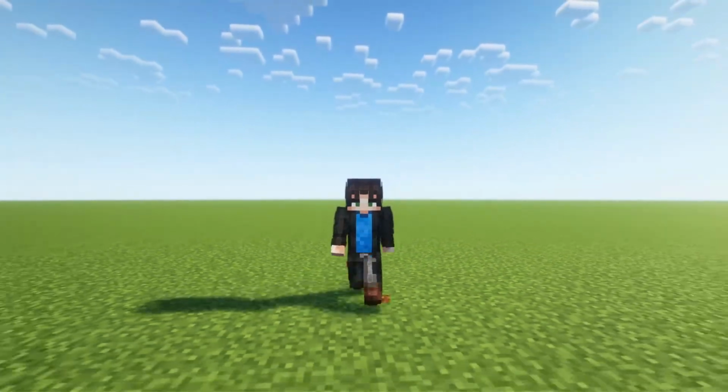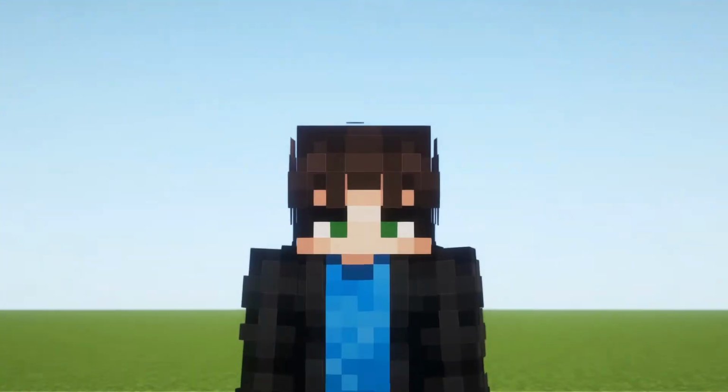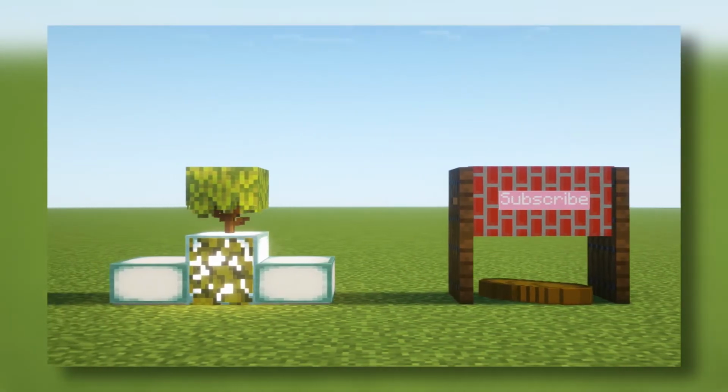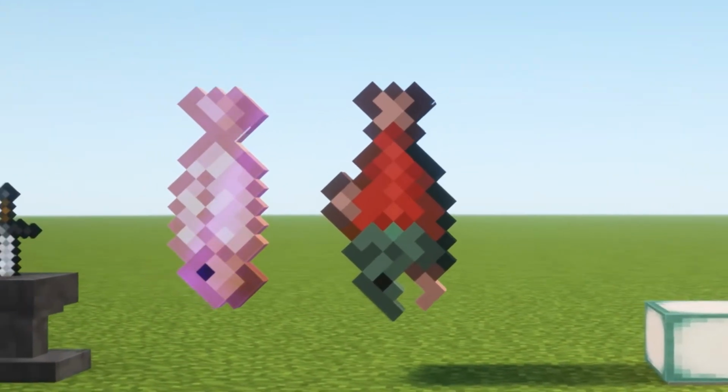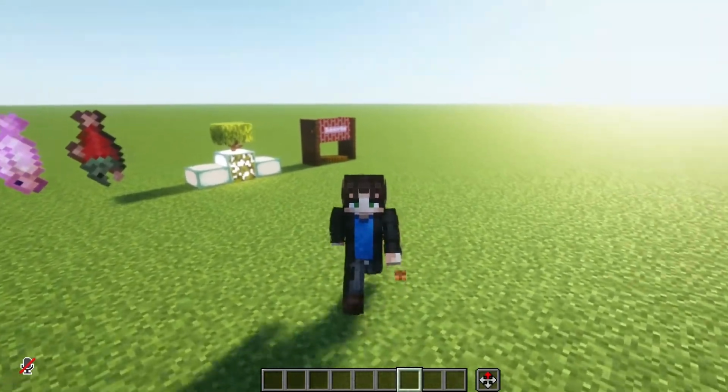In the update 1.19.4, Minecraft added a very cool thing called display entities. And what are those, you say? I have no idea, but they are like holograms of mostly anything in the game that you can manipulate to create very weird stuff. Today, however, we are going to learn an easy way to create cool stuff with them,